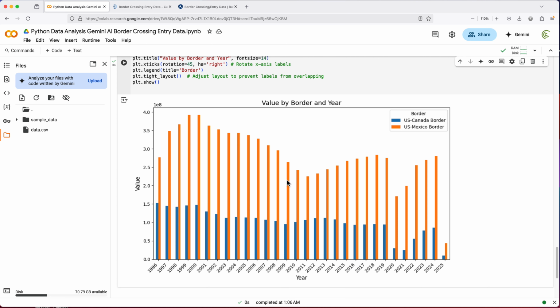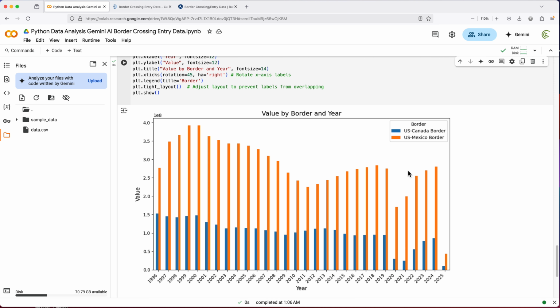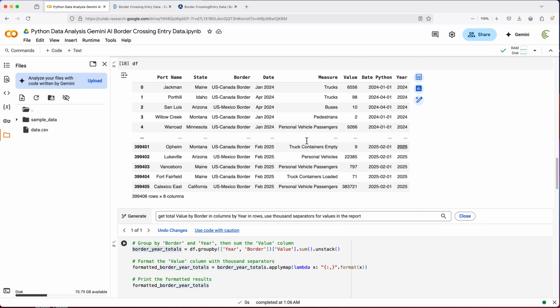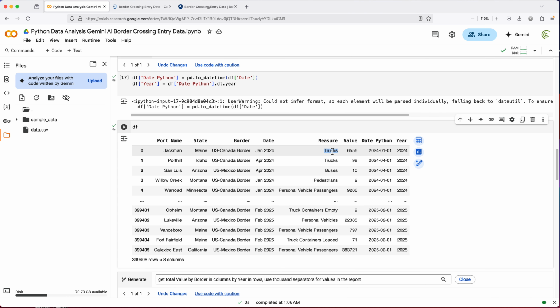Now this particular one basically includes every single value we have, all the types of crossings. And one of the problems with that could be, see, we have trucks, then we have truck containers empty, which I'm going to assume is also a part of the truck. I guess we could get the total for trucks and then all the other types, and we can see if it adds up to the number of trucks. So let's actually do that. That would be an interesting thing to do. So let's just do total